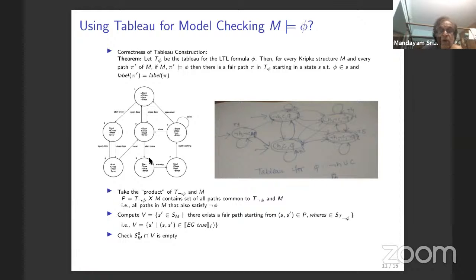Okay, and that's how you do. So pretty much, once you construct the tableau and then the product, you reduce the LTL problem to one of CTL model checking with the fairness constraints. Okay, is the overall idea